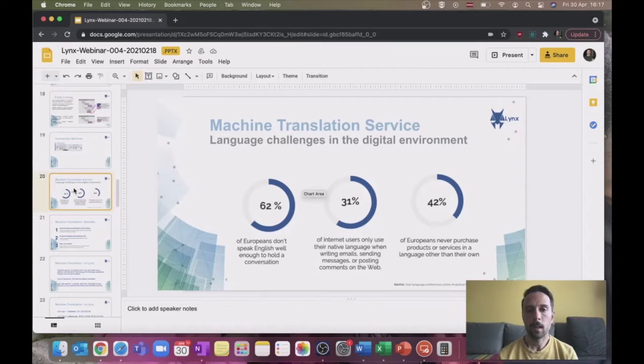So 6 out of 10 Europeans don't manage English well enough to hold a normal conversation. And also, as an example, just to have a little more background, 4 out of 10 Europeans never purchase anything on the internet if it's not in their local languages. So despite the fact that we talk about the European Union, we still have a lot of cultural and language